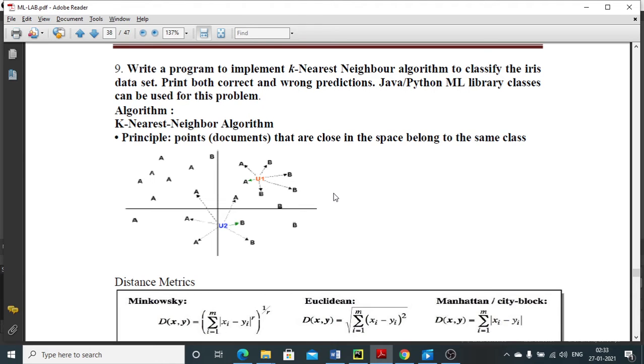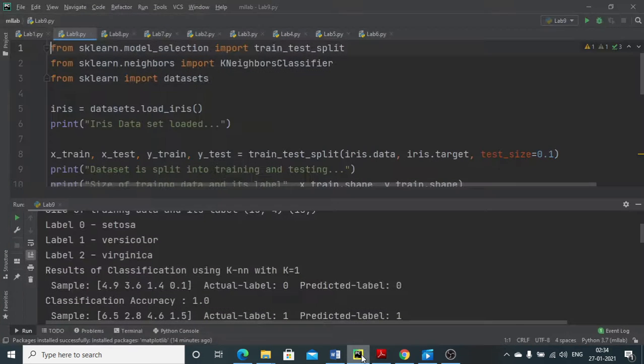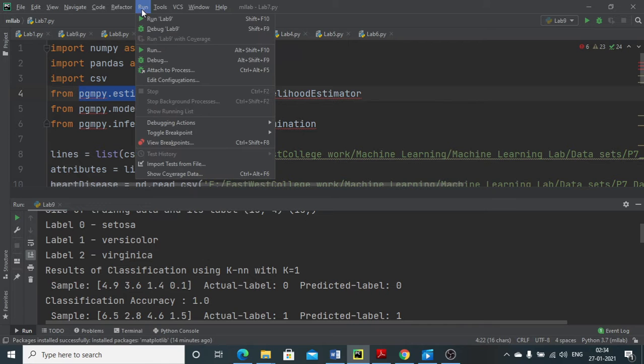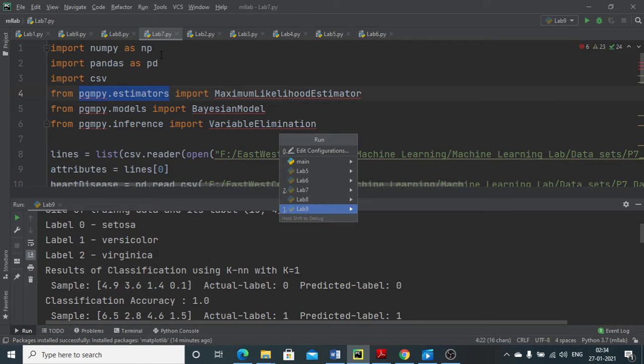So here in the 7th program and 8th program we need to display the plots. To display the plots we are going to extract some files from the internet, but due to some errors we are unable to do that. Okay, so I will run and show the program number 7.